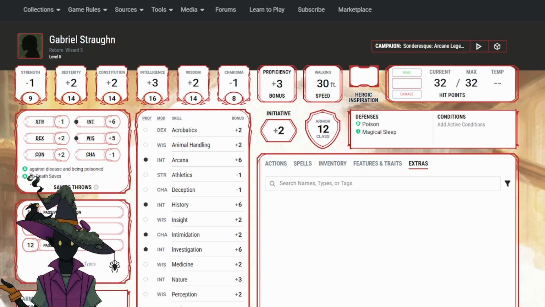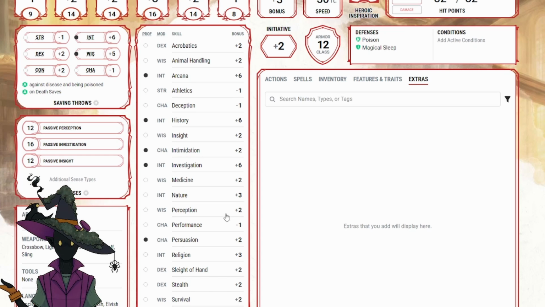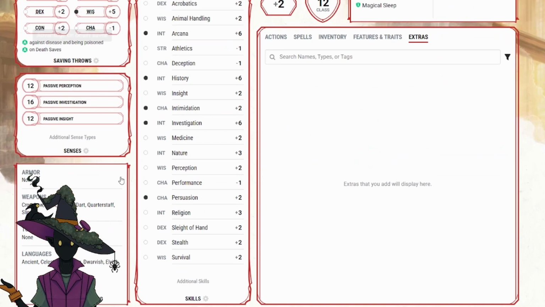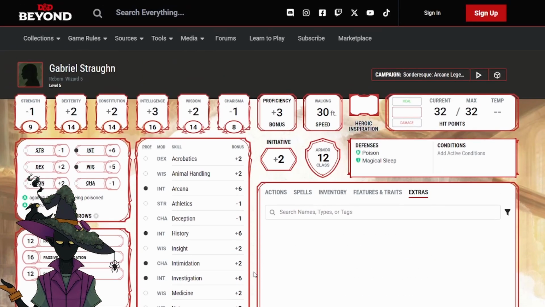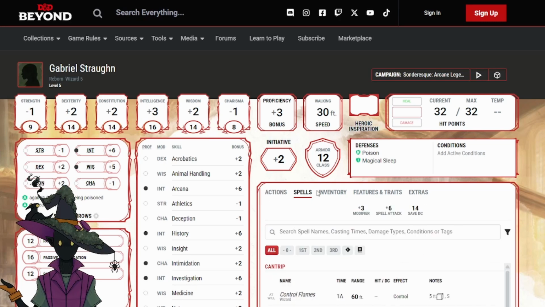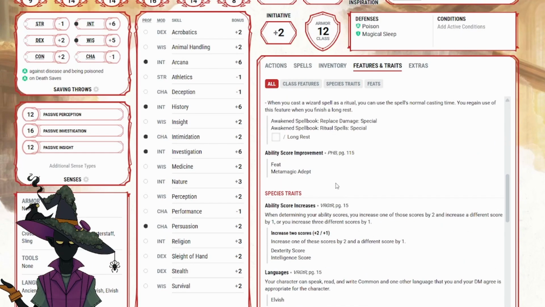Okay, so this is Gabriel. This was a 5e character they made for a campaign that's currently on hiatus. Like I was saying earlier, the information here isn't very diegetic. We're looking at numbers. And what those numbers mean about who Gabriel is, I feel like that's less clear than what Legend in the Mist has to offer. Kudos to D&D Beyond. I think a good thing they did is creating these tabs so that you can filter what information you're seeing, so that I think this makes the character sheet a bit more digestible.